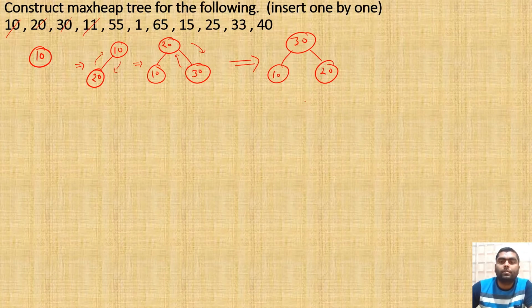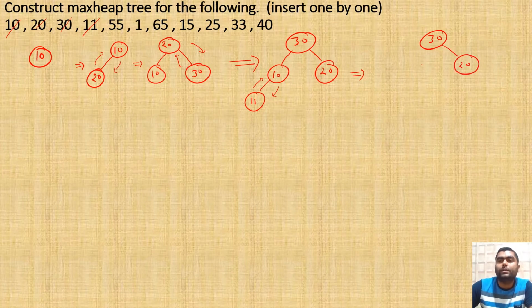Next value coming is 11. I will insert it from left to right, because in the next level we go left to right, so 11 will be here. Now it is violating the max heap property. The correct place of 11 is not here, since its parent is smaller, so this will go there. Finally, after this step, the right side is the same, 20, and left will be 11, and then left of 11 will be 10. Okay, so I hope that this is clear up till here.